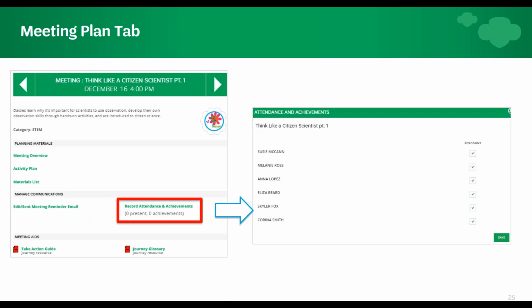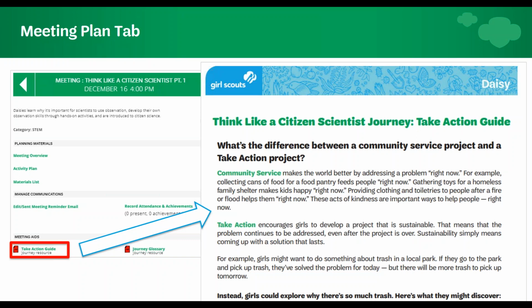You can also record the girls' attendance and achievements right here. We'll take a look at that a little closer later. Okay,